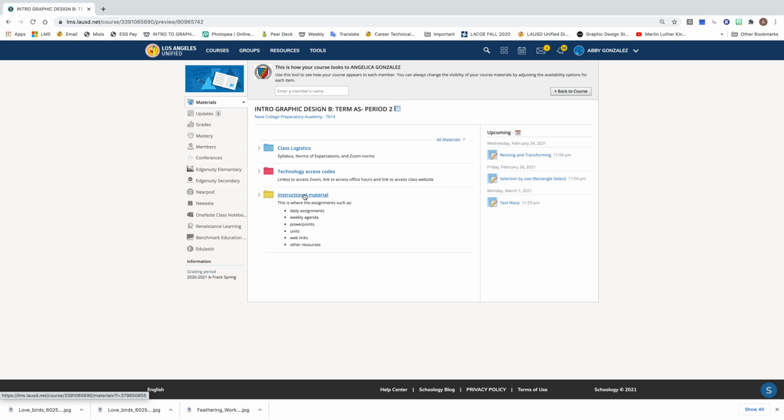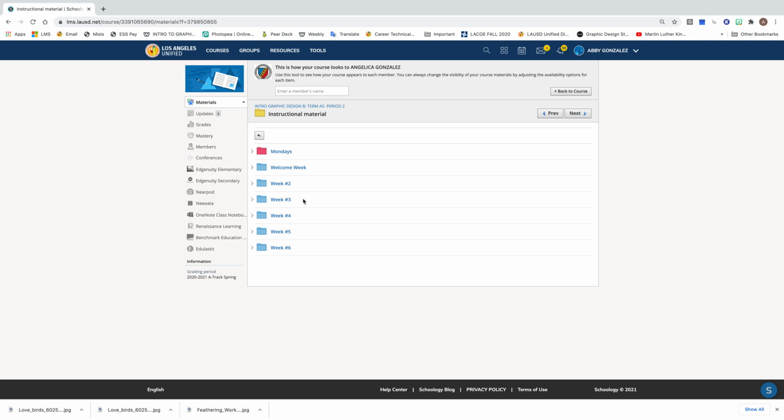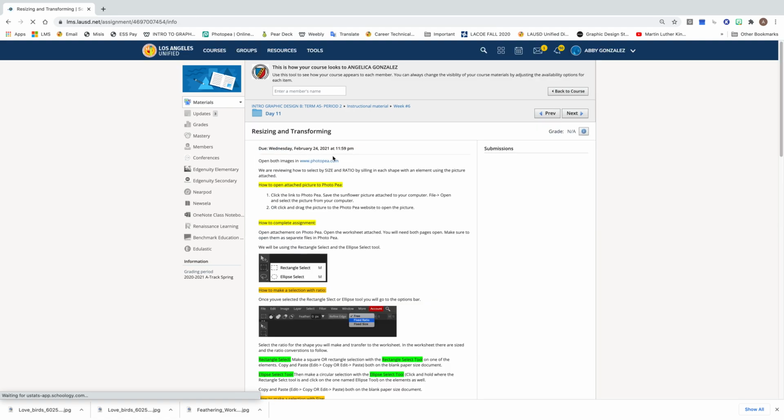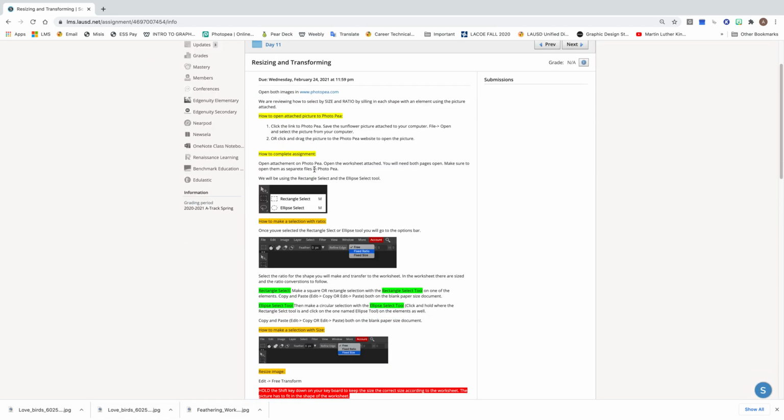Resizing and Transforming assignment. So we're going to go into our instructional materials folder. We're going to go into week number 6, and we're going to go into day 11. Once you go into that folder, the assignment should be in here. So I'm going to click on Resizing and Transforming, and I have some instructions in here on how to